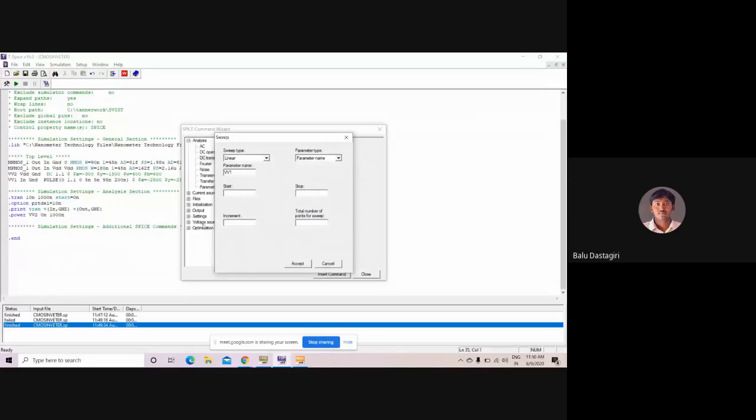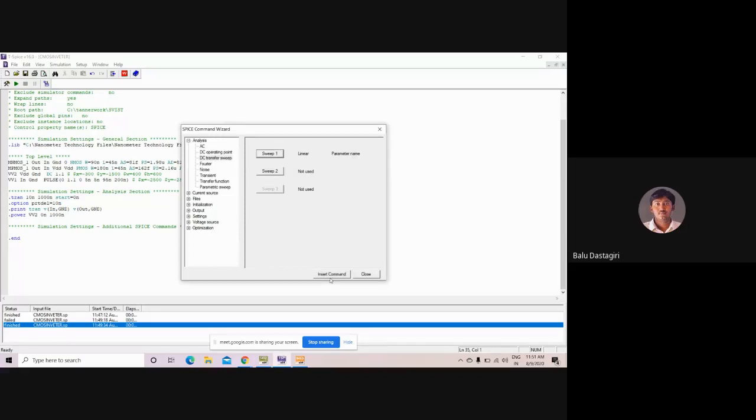Start voltage is, let us say, 0.1. If the input voltage is 0.1 and the stop voltage is 1, I have to plot it for increment of 0.1. So accept it.